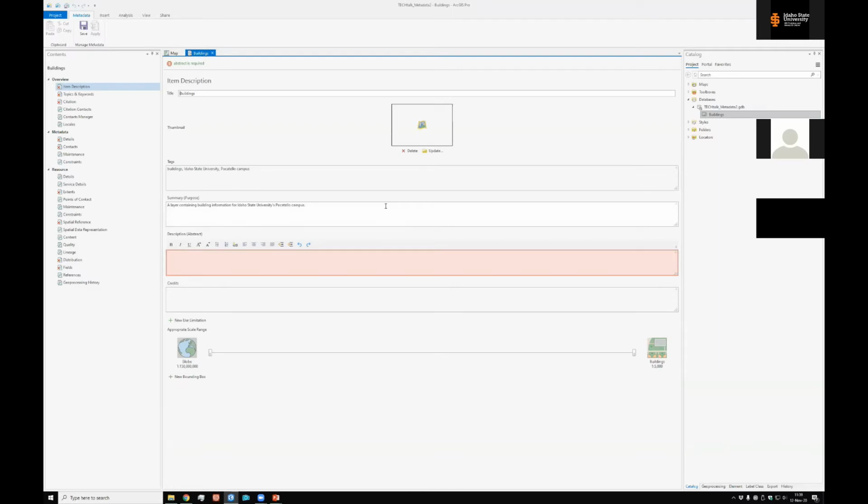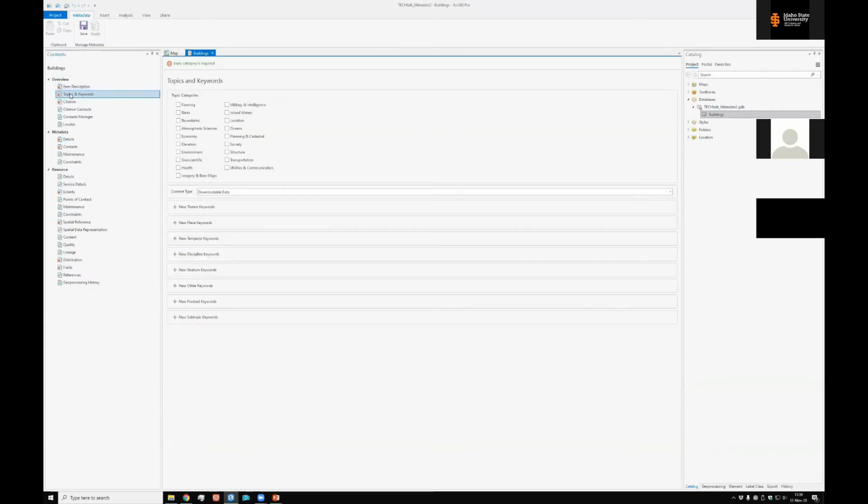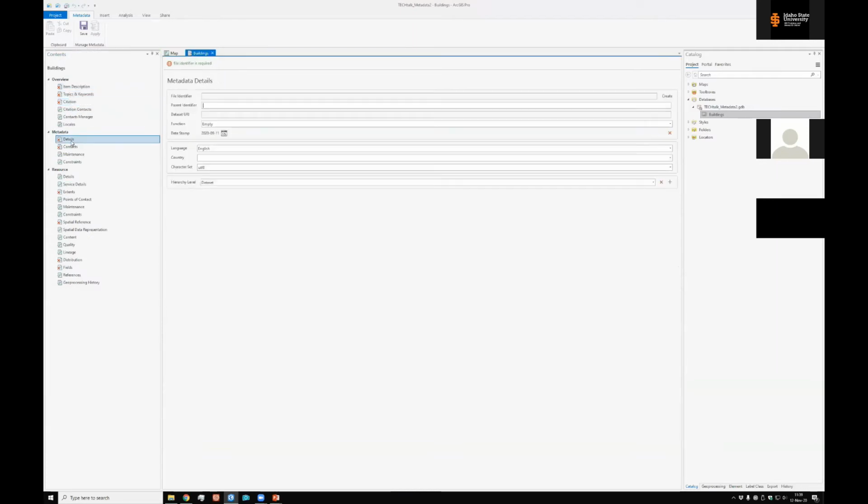And the nice thing about this is, it's telling me what is required. Some of the metadata has been put in in the past, but other pieces are just empty. So you look over here on the left side, and you'll see a big red X. You need to do the item description. Then we need to move along into the next page, topics and keywords. The next page, citations, details. And we step through it. On a brand new piece of geospatial metadata, everything is going to have a red X. And you do want to complete it